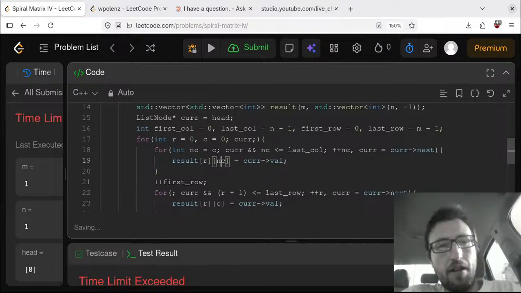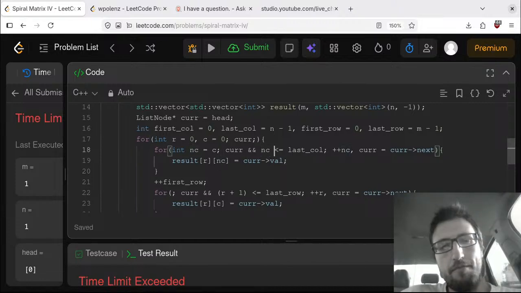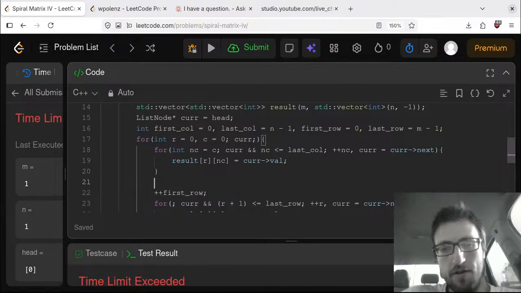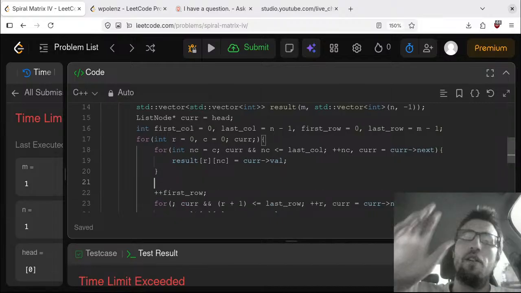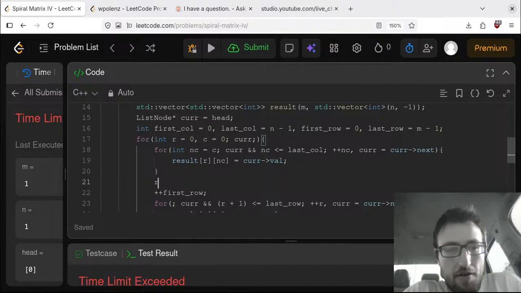Let me try something like this. So if I do it this way, nc's in the right position. Once we breach here, I should actually go to the next direction, next position. So I should actually update R, increment the row,